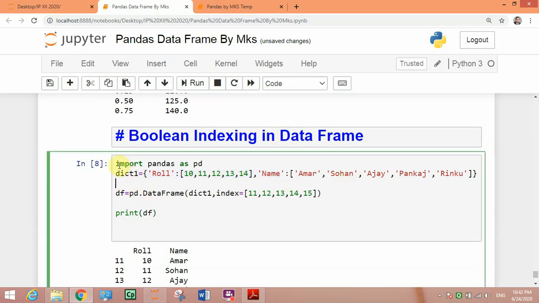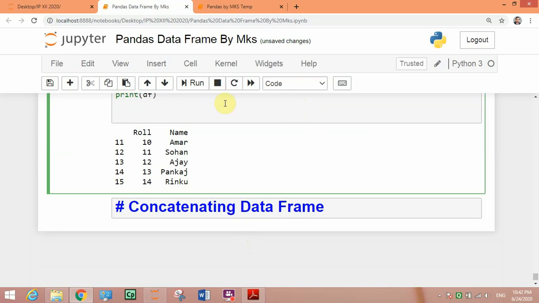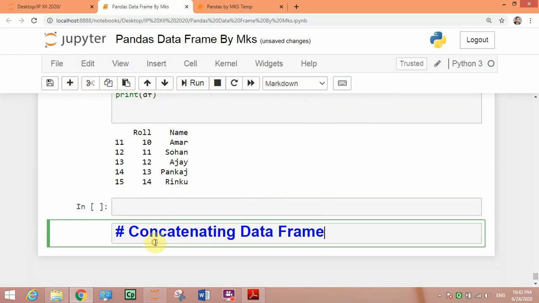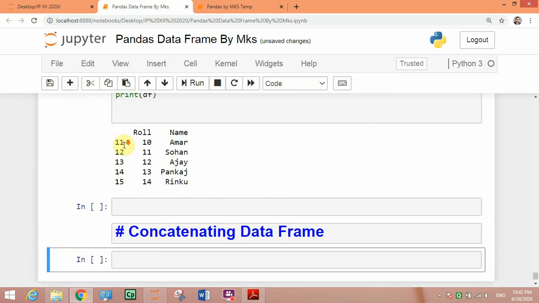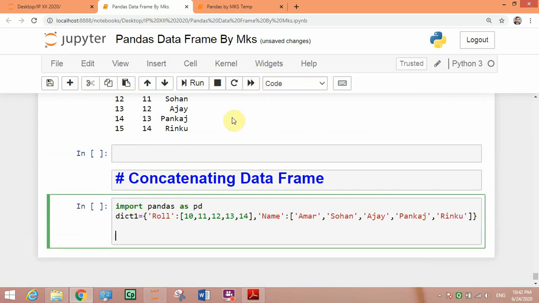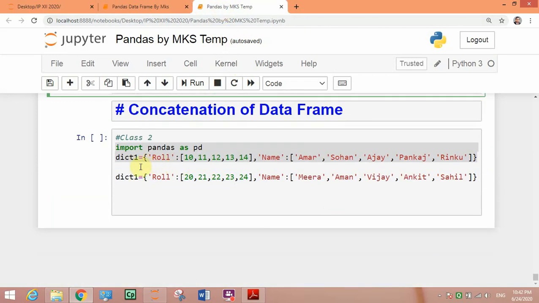One is this one, and this one, and one more dictionary I will take from other program, similar type of dictionary.